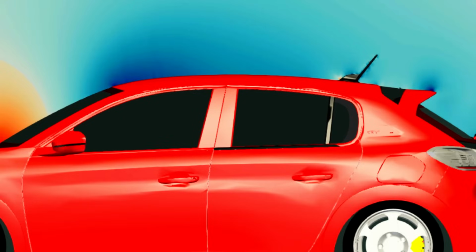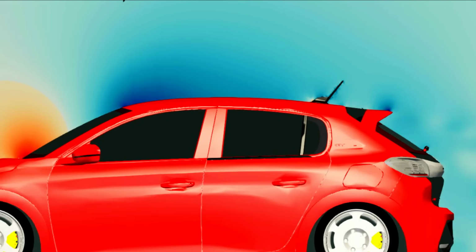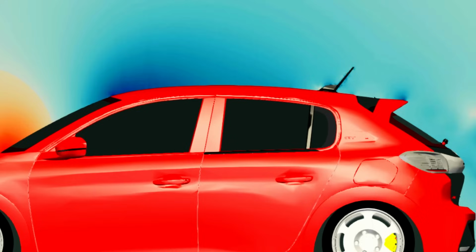So looking at the pressure plot in this plane, you can see that from about halfway up the windshield, the pressure drops and becomes negative. From here it stays negative over the entire roof and doesn't change too much. There are only some minor changes. That is also good from a drag point of view for a couple of reasons. The first is what we were discussing earlier, where the less you mess with the flow, the less viscosity will sap energy away. The second reason why this fairly uniform pressure distribution is good for reducing drag is because of